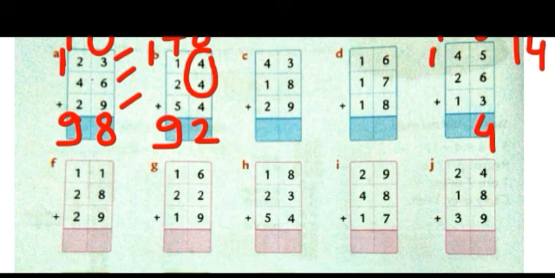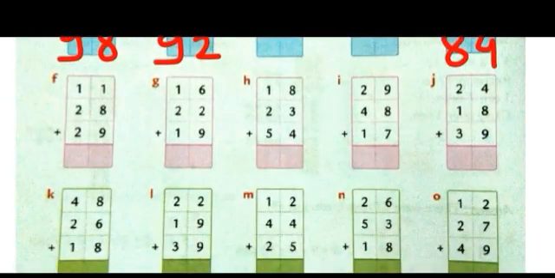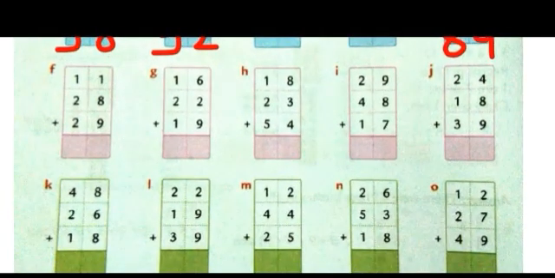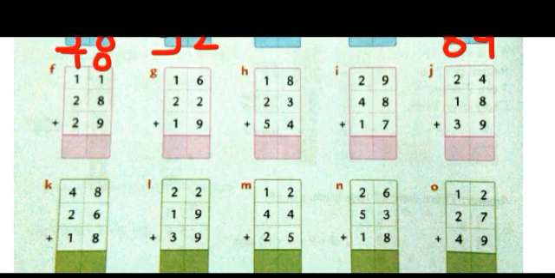Now 1 plus 4 plus 2 plus 1. How much? 4 plus 1, 5. 5 plus 2, 7. 7 plus 1, 8. So we will write 8 in the tens column. Okay. Moving on to the next question. This is the ones column. This is the tens column. These all questions are now same. You have to do the same method. So now we will do this last one and the rest you can try it out at home as homework.